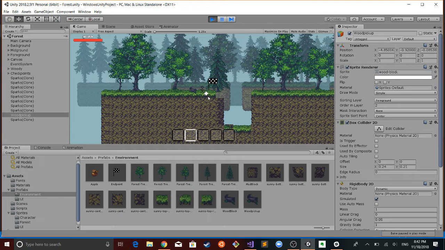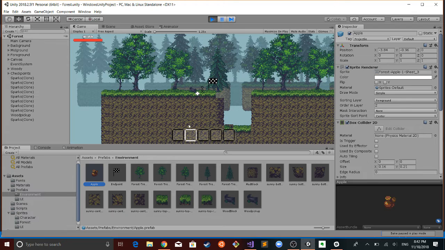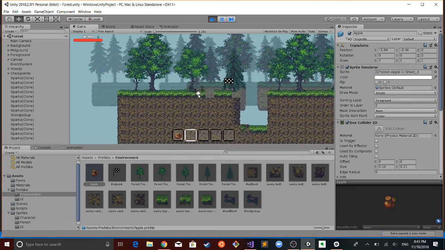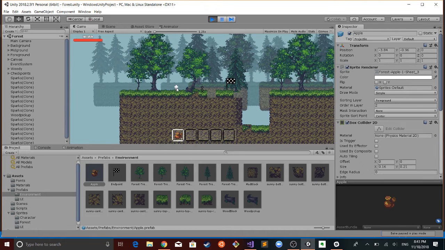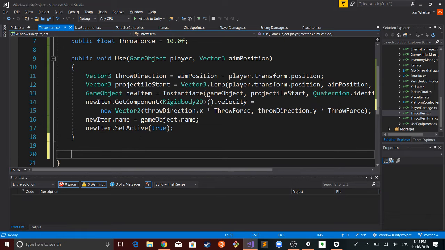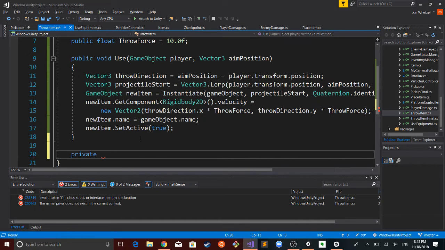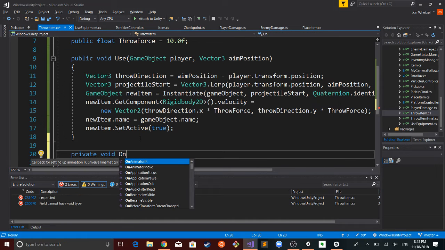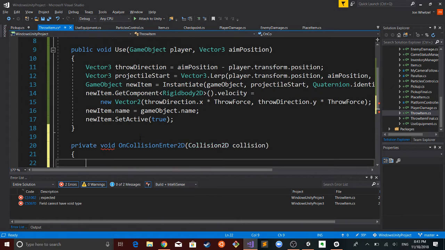Another thing you may want to do is have the projectile just be removed once it hits the ground. Right now, say if I throw another projectile, I'll go ahead and throw it. It just skids across the ground and it'll stay there. But we can set it up to be removed when it hits the ground. Again, it just goes back to using some of our collider checks. So if we say on collision enter 2D,